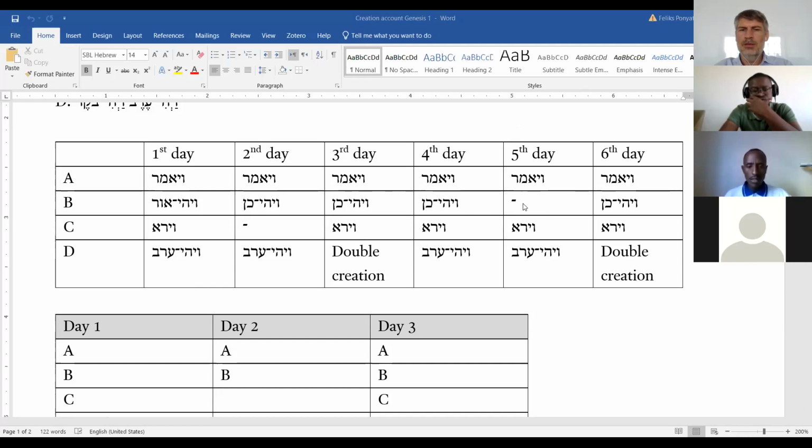Yes. So on the fifth day, we do not have the phrase "and it was so." But on the fifth day, we have the phrase, "and God saw that it was good." Okay. So probably the best way we can explain the absence of this phrase on the second day is